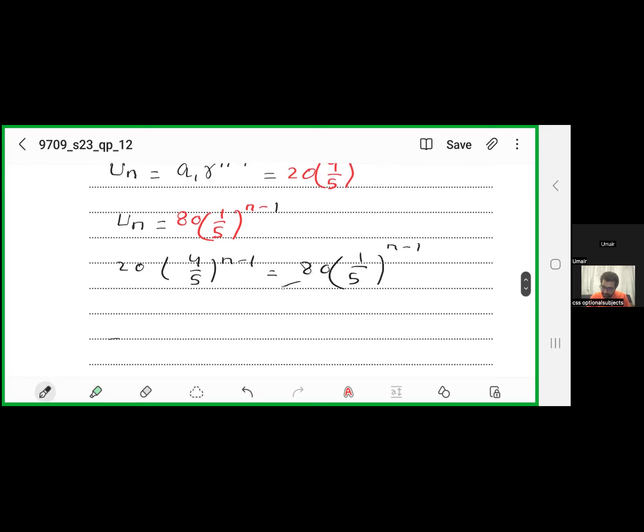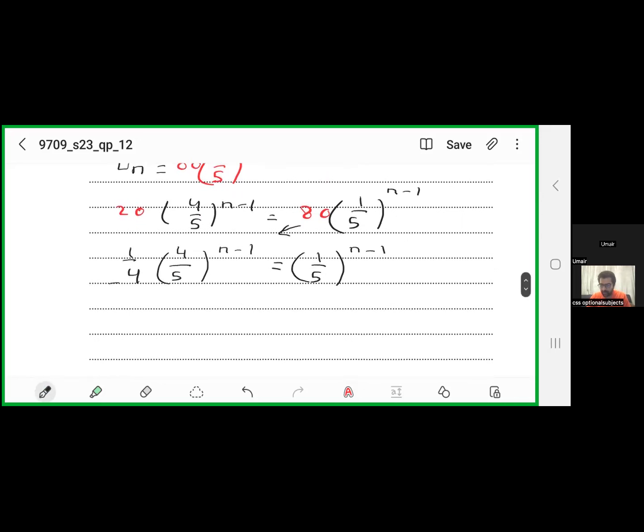You can move 80 on this side of the equation. So 20 by 80 is 1 over 4. This 20 is divided by this 80. 4 over 5 to the power n minus 1 is equal to 1 over 5 to the power n minus 1. Now if we compare both of them,